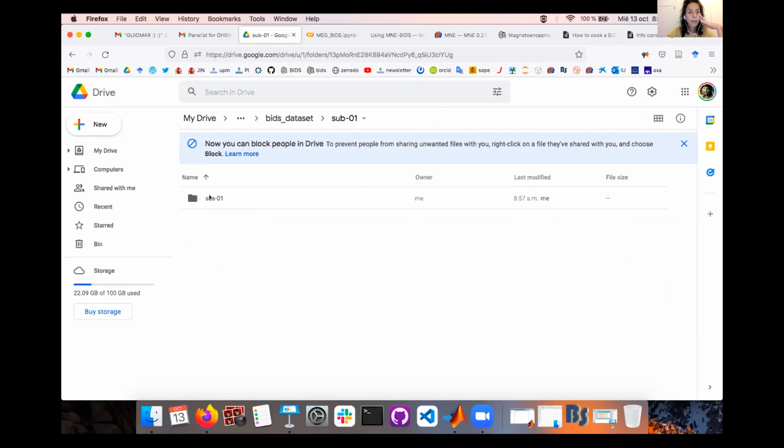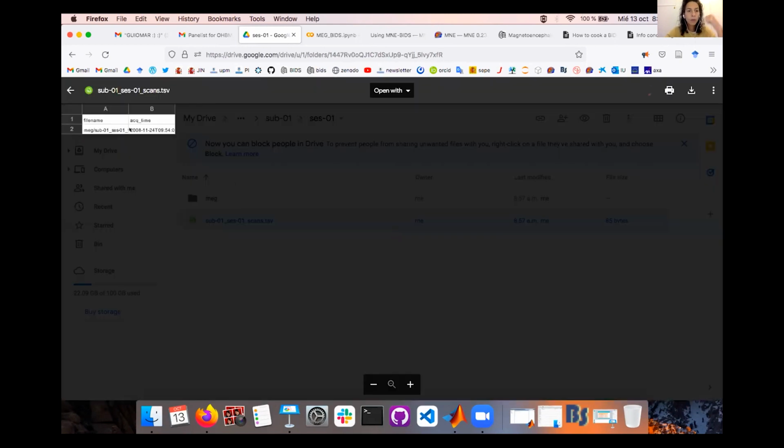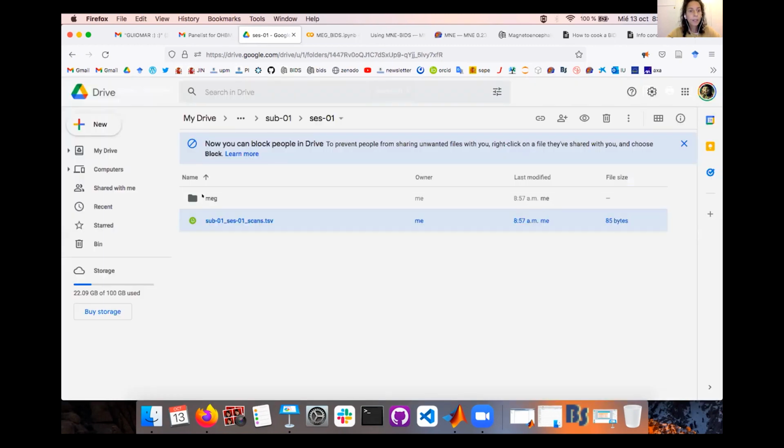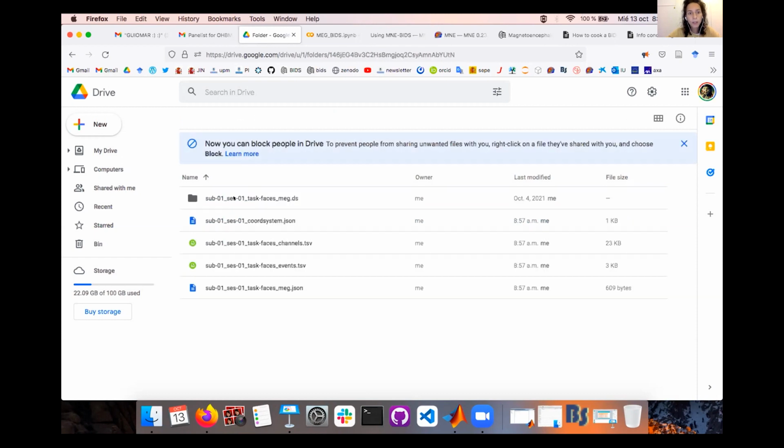So then we will have the first session, the scans file, with the session that is extracted from your file recording. Then there is the acquisition time that has to be input in this specific format, and inside the MEG folder you will have the session, the task for MEG, and the coordinate system JSON file, channels TSV, events TSV, and the sidecar MEG JSON file.